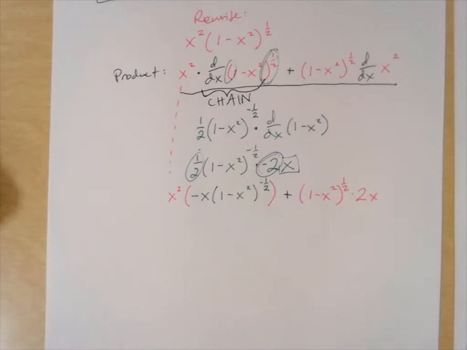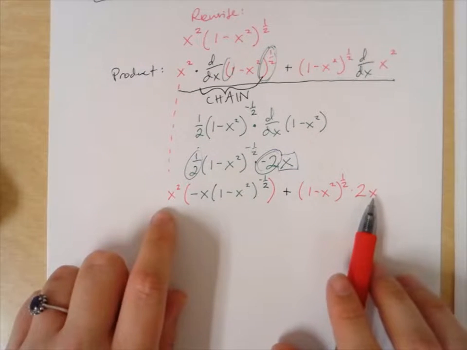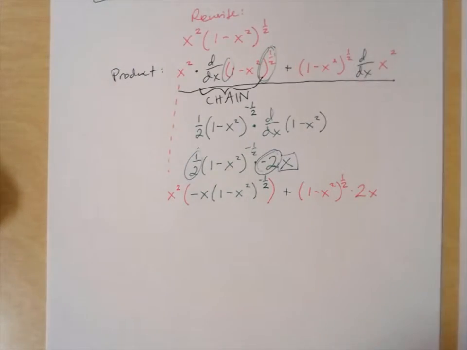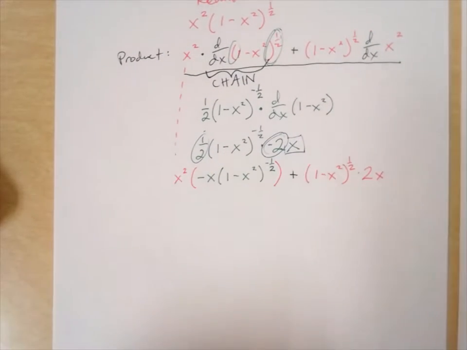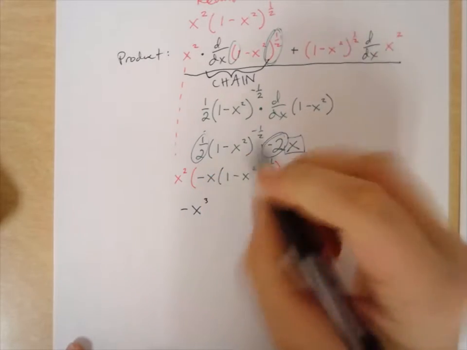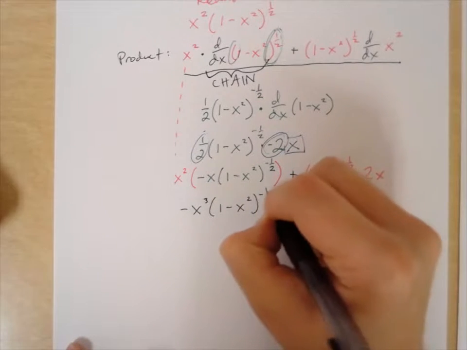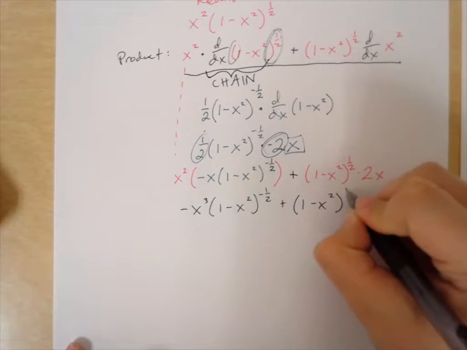Alright, so now when we begin to rewrite everything, we can see that this x squared and this negative x, we can multiply them together and we can get a negative x cubed. So we'll get negative x cubed outside the 1 minus x squared to the -1/2, and then we have plus 1 minus x squared to the 1/2